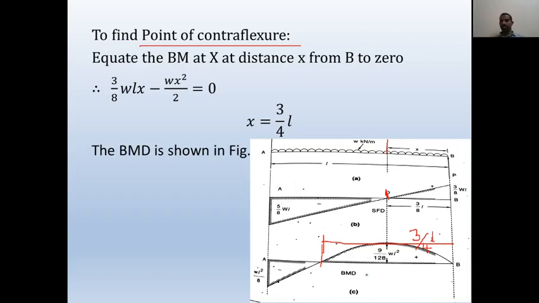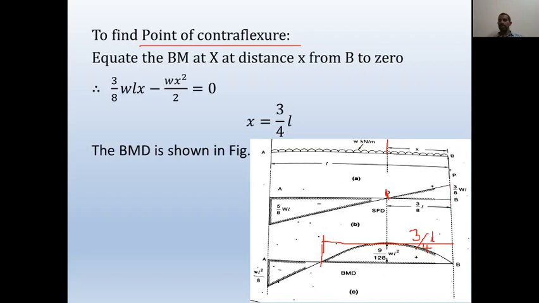And again from these diagrams, we can also interpret like this. Let us say we have calculated the reactions at A and at B. Those are 3 by 8 times WL and 5 by 8 times WL. Now let us draw the shear force diagram based on that. First we'll start from either here or here. If you start from either way, you will get a slight change in sign, but values will always be the same. For this particular diagram, let us start from here.